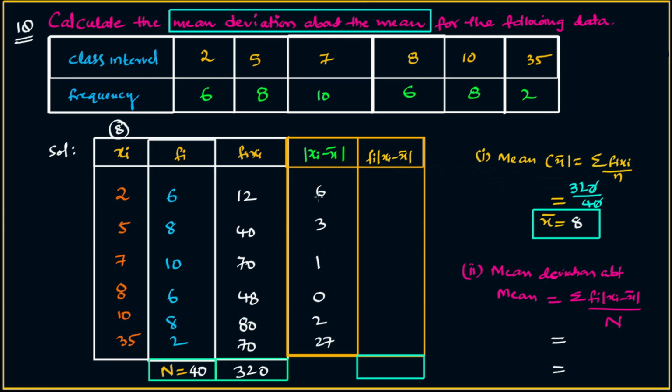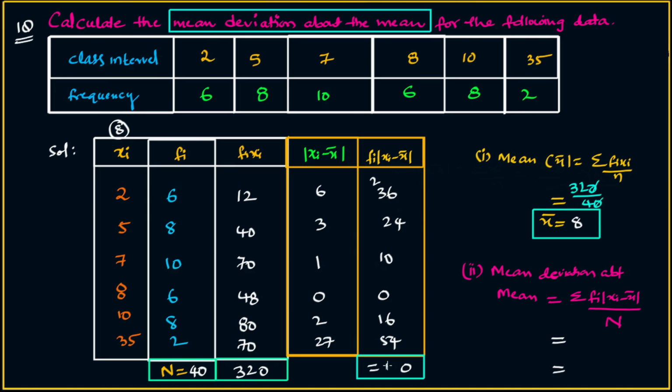Mod is there, so no need to write minus. Now multiply with fi. So 6 6s are 36. Next, 8 3s are 24, 10 1s are 10, 6 into 0 is 0, 8 2s are 16, 27 2s are 54. Now the summation of this, sigma fi mod xi minus x bar, is 6 plus 4 is 10, 10 plus 10 is 20, 0 carry 2, 2 plus 3 is 5, plus 2 plus 1 plus 1 plus 5 is